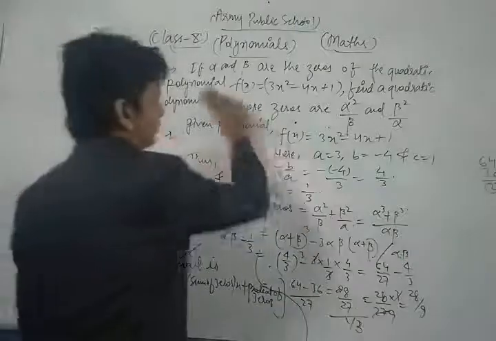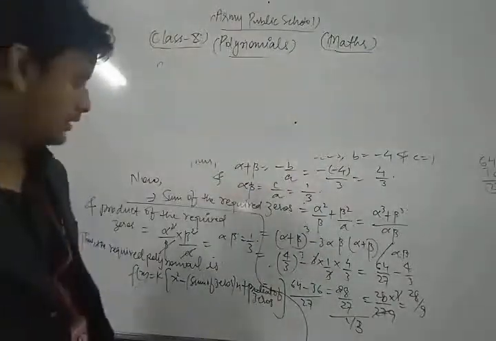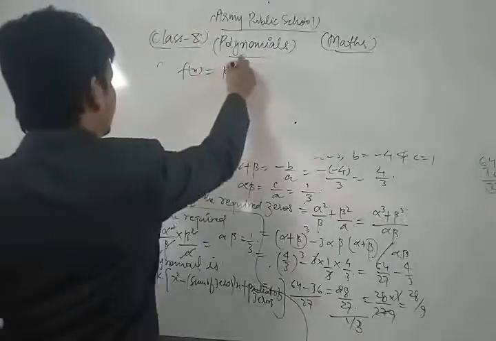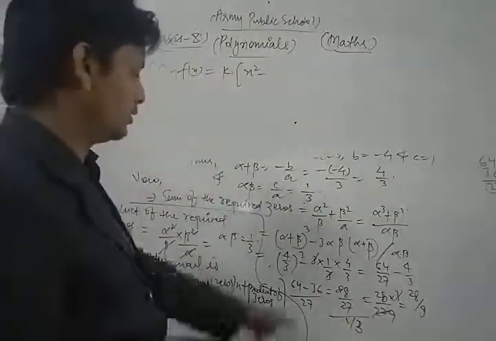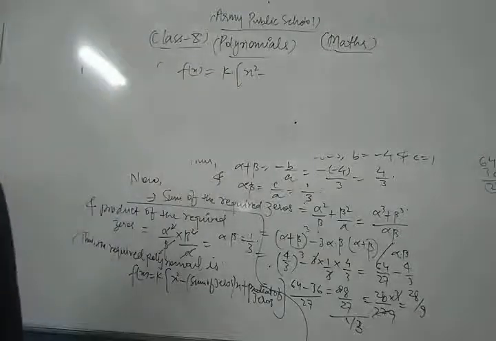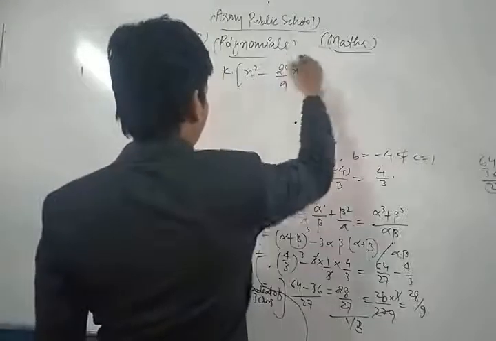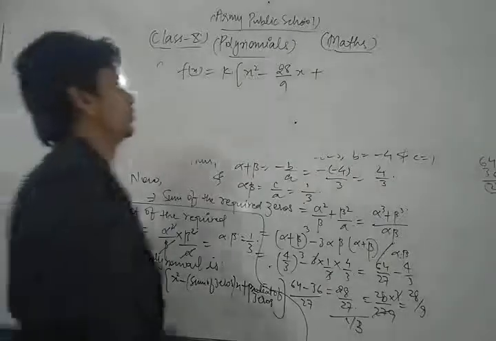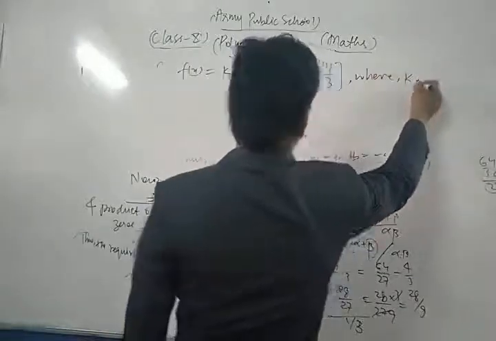Let's see. Thus f of x is equal to k into x square minus sum of zeros into x. Sum of zeros is what? This is 28 upon 9, yes. Minus 28 upon 9 x plus product of zeros. The product of zeros is what? 1 by 3. So here we write 1 by 3, where k is any